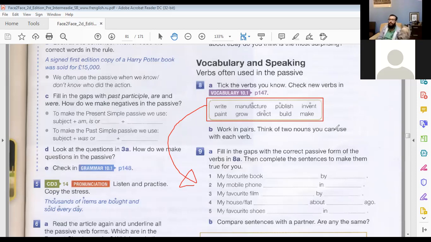We need the past participle, not the past. Right? Wrote. اللي بعدهم written. تمام. So how do we say it's my favorite book? Written. I think you forgot something. Was written. Right. Was written